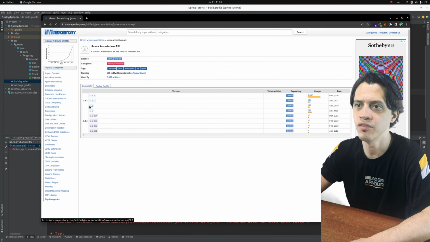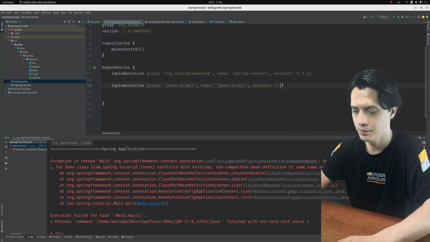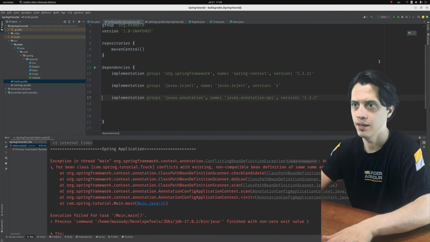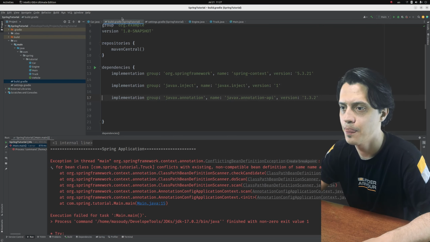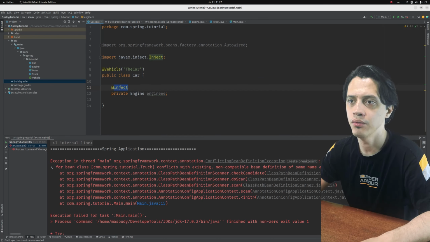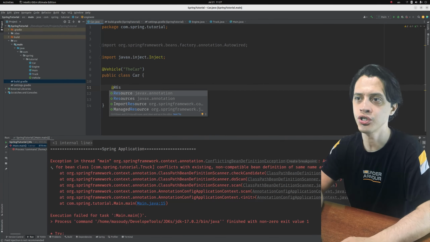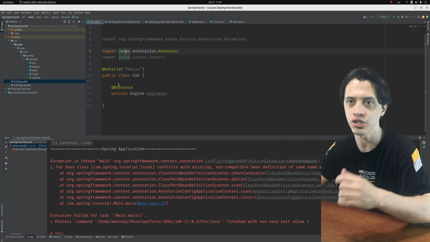The version actually doesn't matter here. Let me grab this one and copy it here, and let's sync the project. And yep. Okay. Now we could use this @Resource annotation from inside the javax.annotation package that we just added